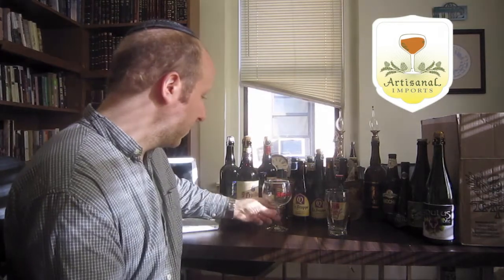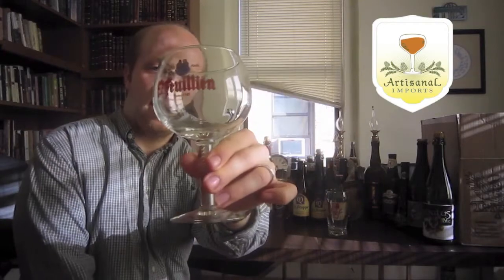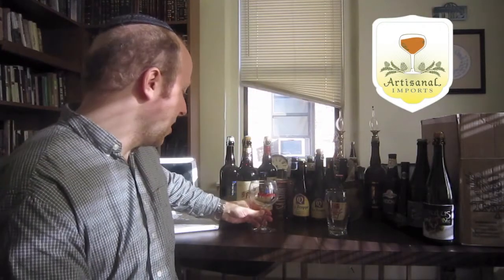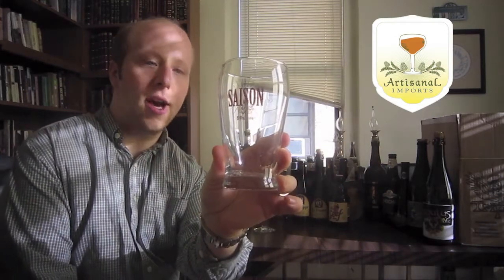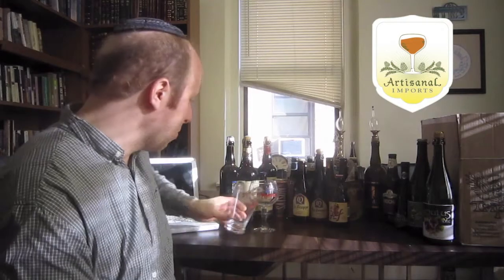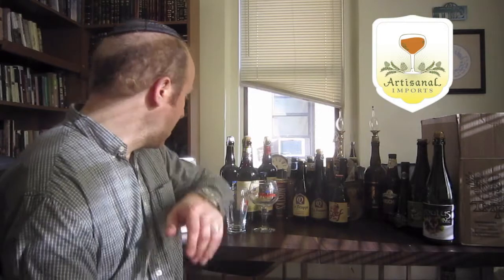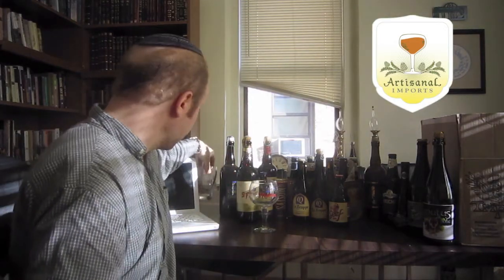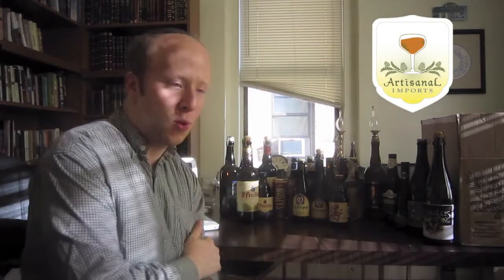First of all, one of the breweries you might know of is the St-Feuillien brewery from Belgium. They make some very good beers, and I got two of their glasses. This is specifically their Saison glass. He said he would give me a bunch more glassware, but that's all he could grab me from their warehouse, which they share with the SKI beer distributor, one of the bigger distributors in the New York area, at least in New York City. From St-Feuillien, I got a bunch of their beers. He couldn't give me all the beers that I requested on a list I gave him after I looked over their website, but